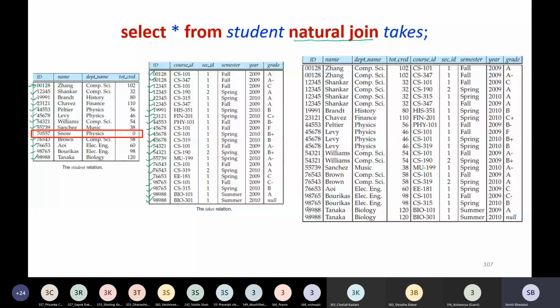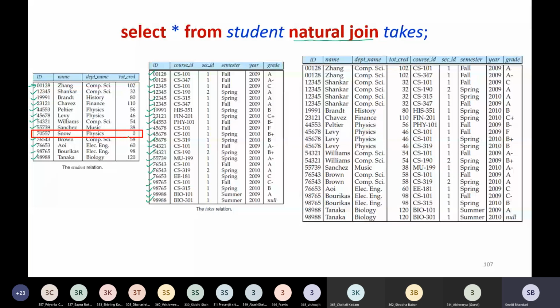In my natural join, I will not have that particular student record, because we are matching on the common attribute. If that particular value appears in both the relations, then and only then will it be reflected in the output of the natural join.